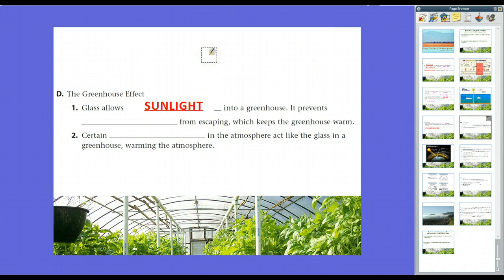So you get the visible light, you get the ultraviolet radiation, you get the infrared radiation. However, whenever the heat goes to bounce out, the glass prevents infrared radiation from escaping. As a result, a greenhouse is much warmer than it is on the outside. If you don't believe me, think about this. Oftentimes in the wintertime, you can go into a greenhouse, especially if you're not around where we live in